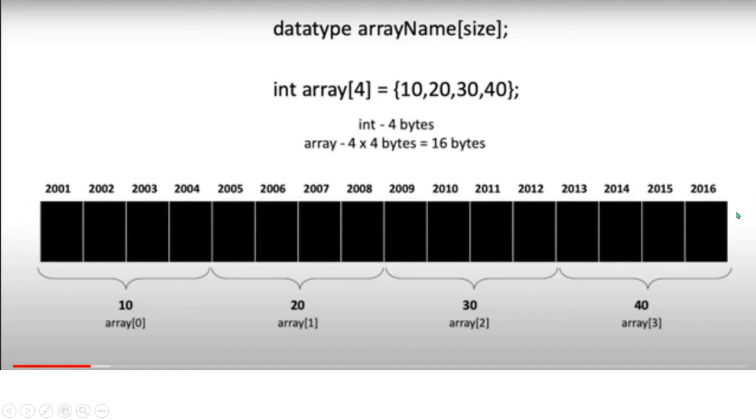And in the memory, in the RAM, how is it allocated? So this is 16 bytes of data, and for the first 4 bytes, that is from 2001 to 2004, these are the addresses. The first integer, that is 10, is allocated here. For the next 4 bytes, 20 will be allocated like this. And you know about the index, every array starts from index 0. So the array element with index 0 will be 10, the array element with index 1 will be 20, and like this.